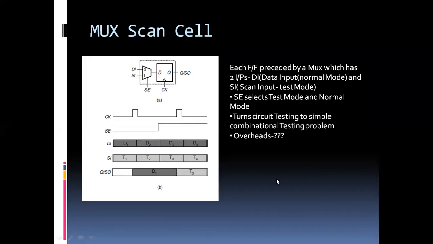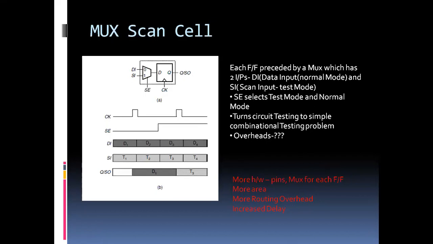But then what are the overheads? What is the cost we are paying for this simple methodology? It is, first of all, in terms of hardware, it is having more number of pins. Every flip-flop is going to have 2 additional pins and 1 at the output, which is multiplexed by the output only. Okay, so I can say 3 hardware pins are being added. Then 1 multiplexer is being added for each flip-flop. Okay, so more hardware. If hardware increases, it means more area.